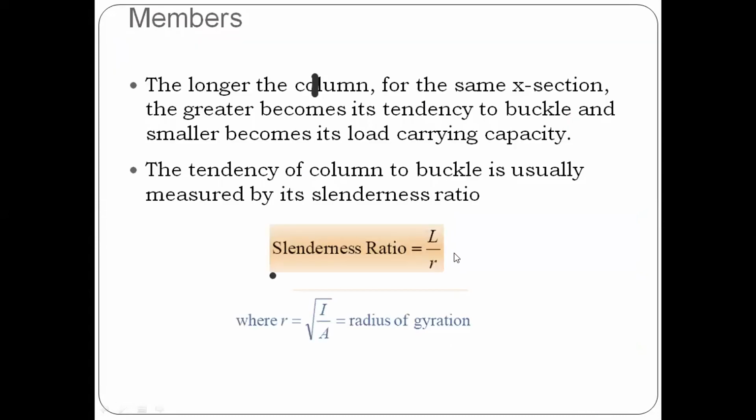Here you can see a simply supported beam. The effective length is between the two points of contraflexure, and this is called the deflection. You can calculate deflection at any point, but the deflection will be a maximum at the center for a simply supported beam, based on the different types of loads. This is Macaulay's method and the double integration method to calculate the slopes and deflections of beams, right? And let's see how the slenderness ratio can be calculated.